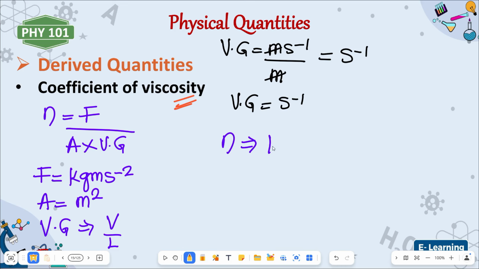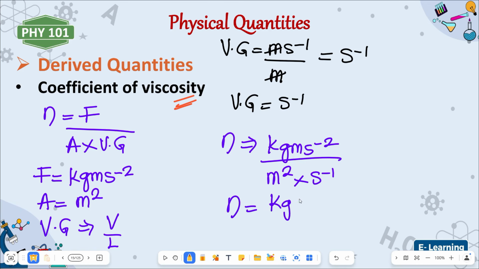Force is what? Kilogram meter per second square. Area, meter square. Then velocity gradient, which is this per second. Are you getting it? So that at the end of the day, this will give us kilogram meter per second square. This meter square, see it's written as what? Meter times meter. Alright? When meter cancels meter,